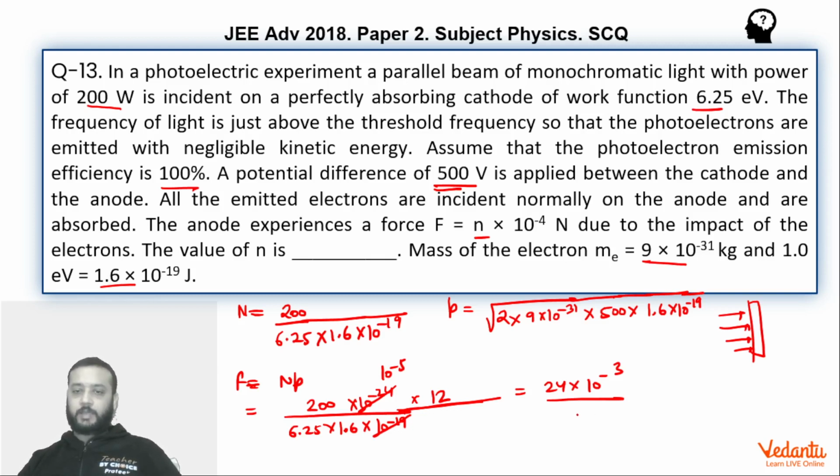So 6.25 into 1.6 will become 16 5 za 80, so 0, 8 carry 16 2 za 32 plus 8 is 40, so 0, 4 carry 16 6 za 96 and 4 is 100. Okay. So with 3 decimal places this will come, this will become 10. So basically we can erase these three zeros. So this will be 10. Hence this will be 24 into 10 to the power minus 4. So basically small n is nothing but 24.